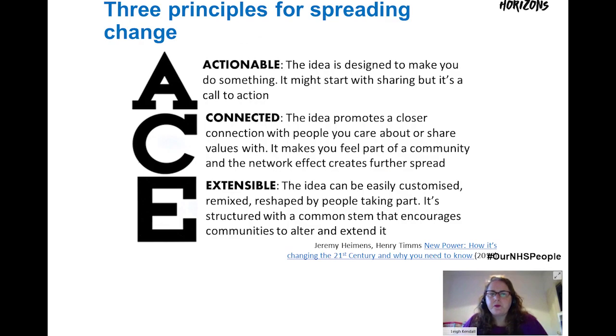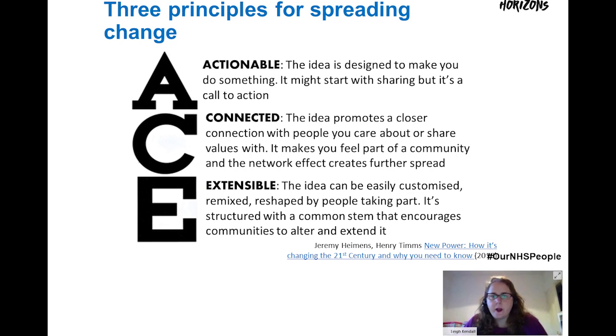And for spreading change, it's a good idea to think about this acronym called ACE. So it's creating a call to action that promotes closer connection with people you care about. So building that community within the NHS, whether it's the NHS in its broader sense, or within a specialty or geographical area, or within a particular organisation as well.